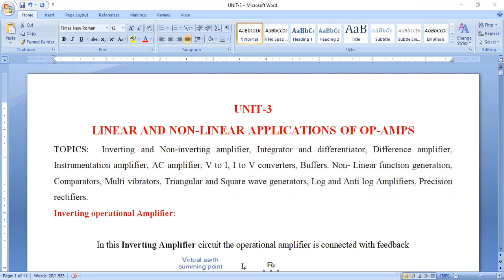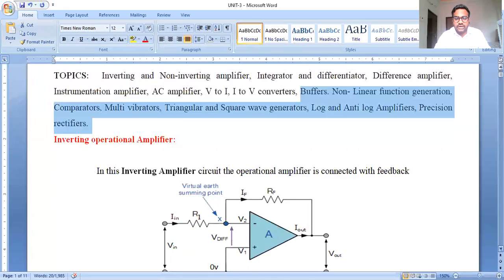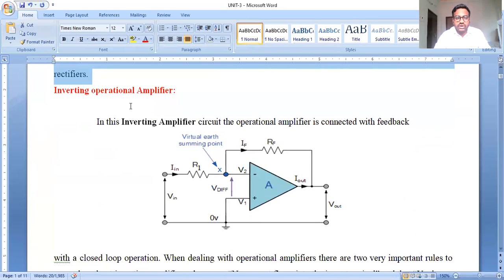Here an operational amplifier is used as a building block in the circuit. This is an example of an inverting operational amplifier. In this concept, the op amp is used as a building block both in linear integrated circuits and non-linear integrated circuits. It will provide a voltage amplitude for linear applications and non-linear applications, and voltage amplitude changes, that means polarity and amplitude, in oscillators, filter circuits and many instrumentation circuits.